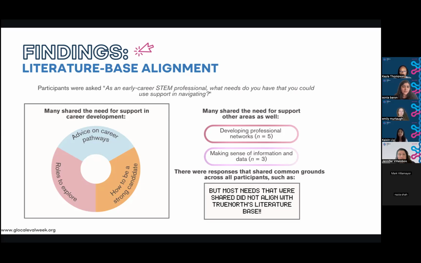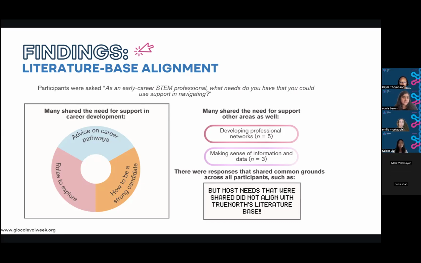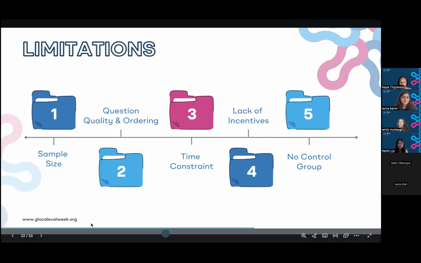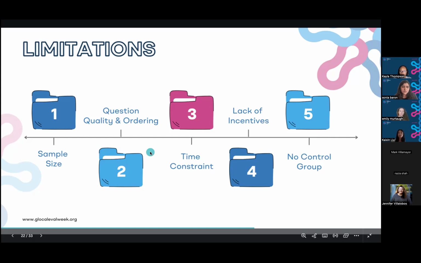And then we have a few implications and limitations of the study that Kaisin will share. Okay, so for this evaluation, our team does acknowledge that there were several limitations that would have influenced how the results were interpreted. Starting off with the sample size. Despite having a small sample exploratory evaluation of just 8 individuals, it still offered preliminary insights into participants' experience with TrueNorth and indicated areas of improvement for future users.